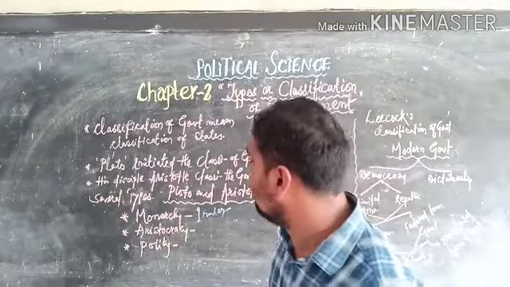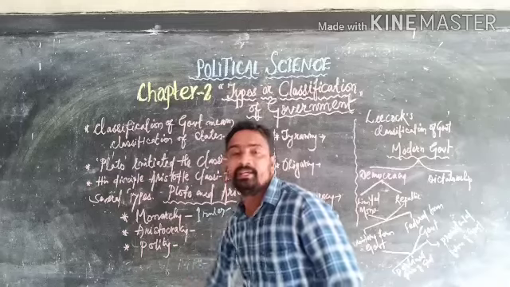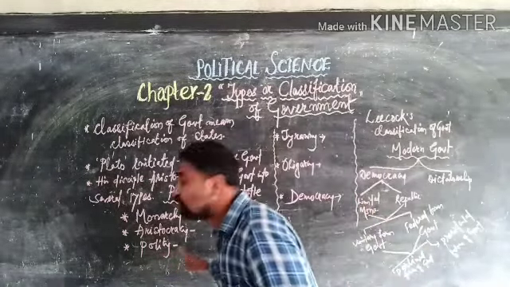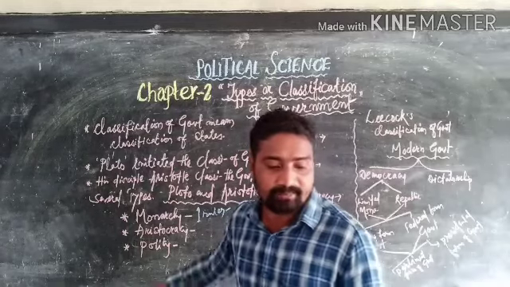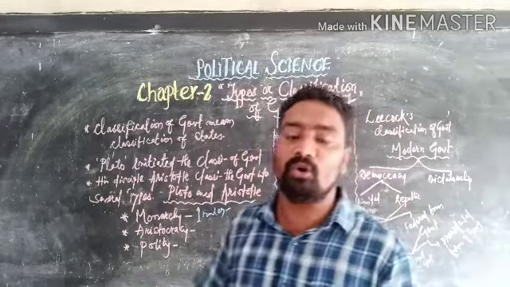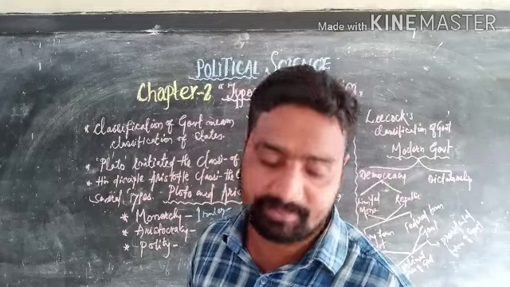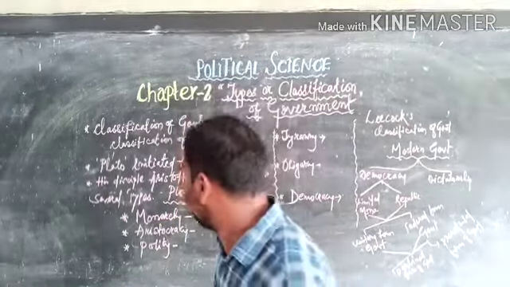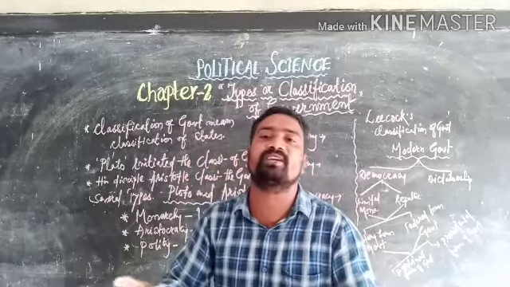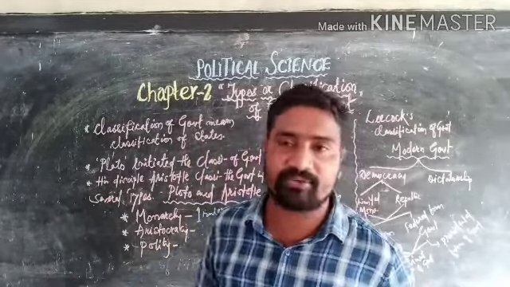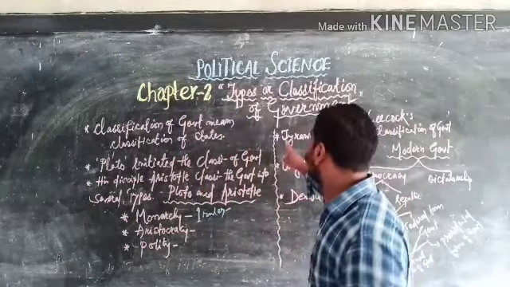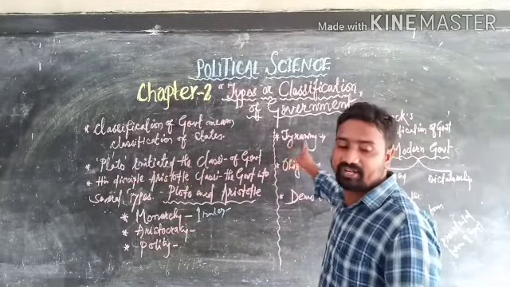And again, polity. Polity, what happens? Here, many rulers are there. Okay? In polity, many rulers for whom? For the welfare of the people. Is it clear? So what happens? In polity, when many people come together and rule for the welfare of the people, it is known as polity. Okay? And then we shall see what is tyranny.